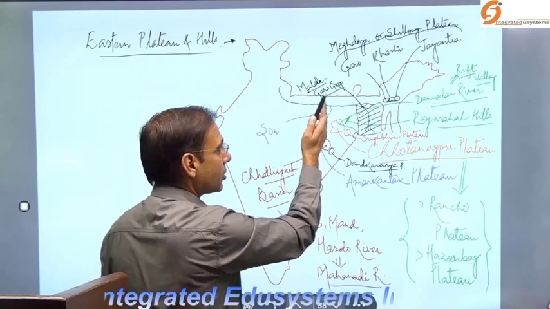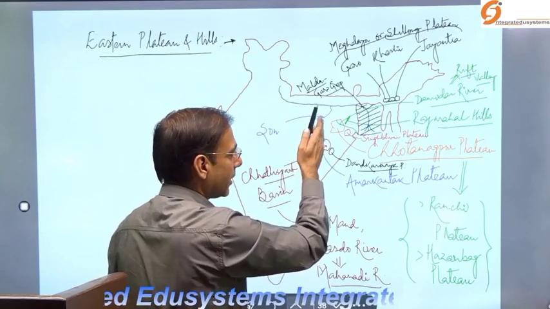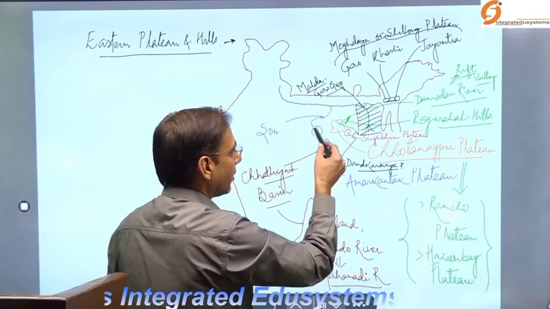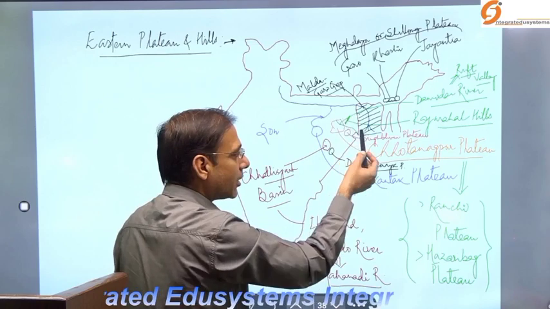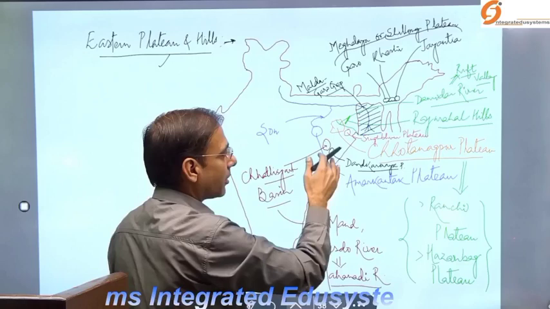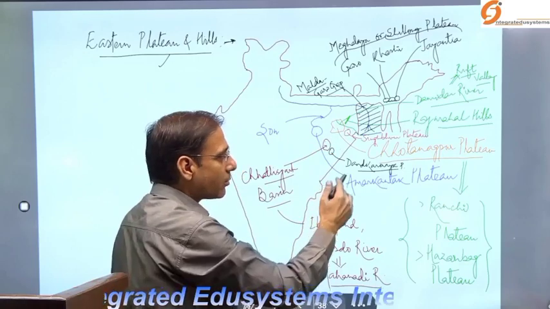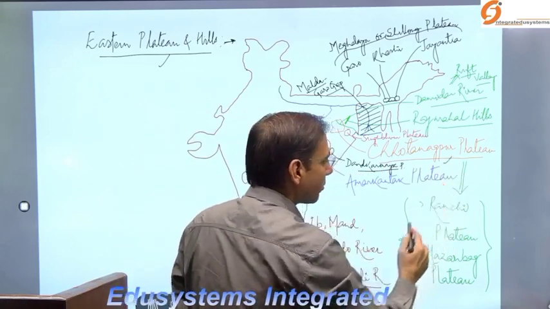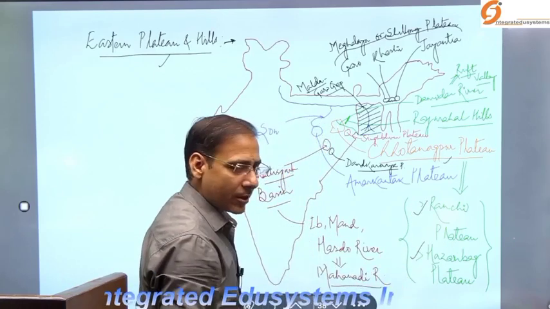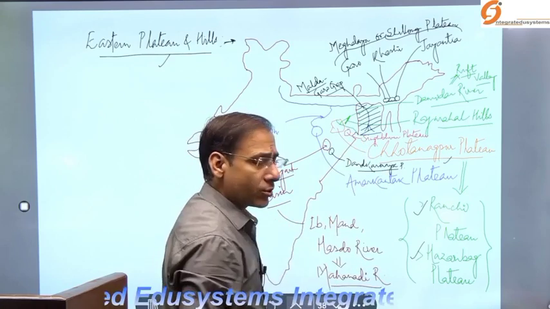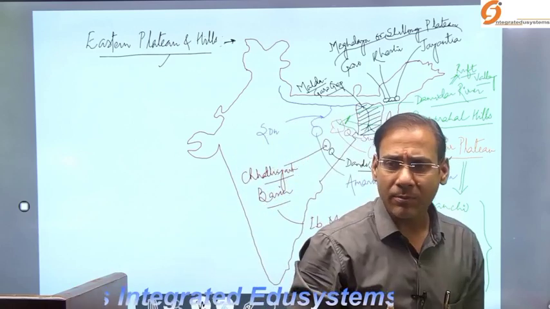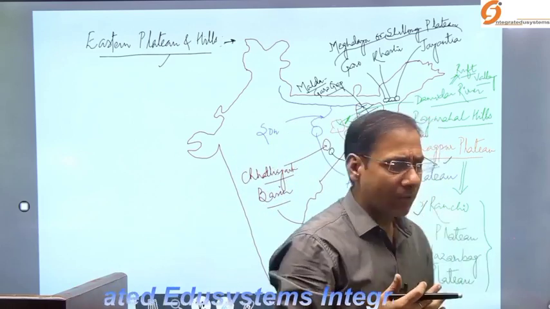ईस्टर्न पार्ट का पश्चिम का जो बाउंड्री है, ये सोन बना रही है, ठीक है ना। इसके इधर का रीजन हमने पढ़ लिया है, अब ये रीजन पढ़ने वाला है। फिर इस रीजन में क्या क्या प्लेटू इंपॉर्टेंट है, because you have to learn the plateau in the peninsular part. मैंने कहा छोटा नागपुर प्लेटू, so I will discuss the feature of Chota Nagpur and its extension, the Ranchi and the Hazaribagh and Ramgarh, as well as I will also discuss the Rajmahal Hills, which is now extension of Deccan lava plateau, लेकिन वो लावा का एक्सटेंशन है इस रीजन में,